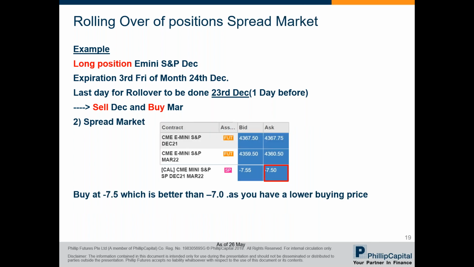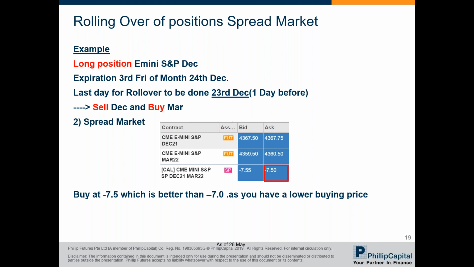Next, we'll look at the rollover position of the spread market again with the calendar spread. Using the same example with the long position in E-mini S&P December to roll over to March contract, shown here is the spread contract below the 2 individual months. So you can see the pink color contract here is the additional contract, spread market contract. For this case, since you're long, you need to execute a buy on the spread to roll over. I'll discuss on how to determine to buy or sell on the next slide.